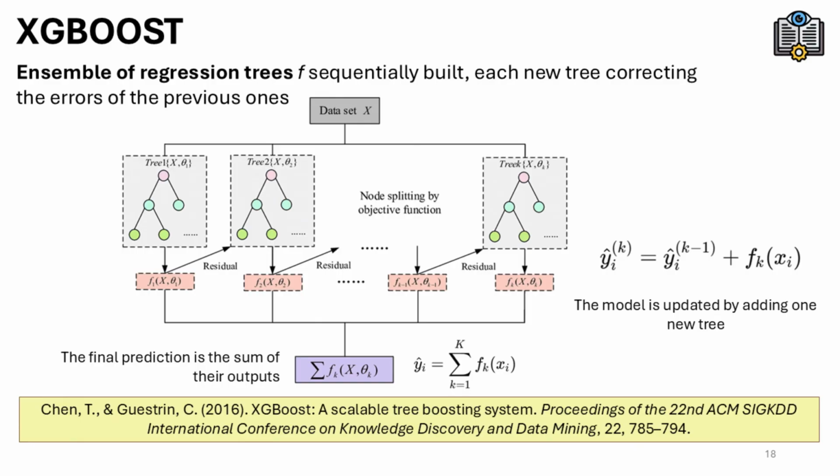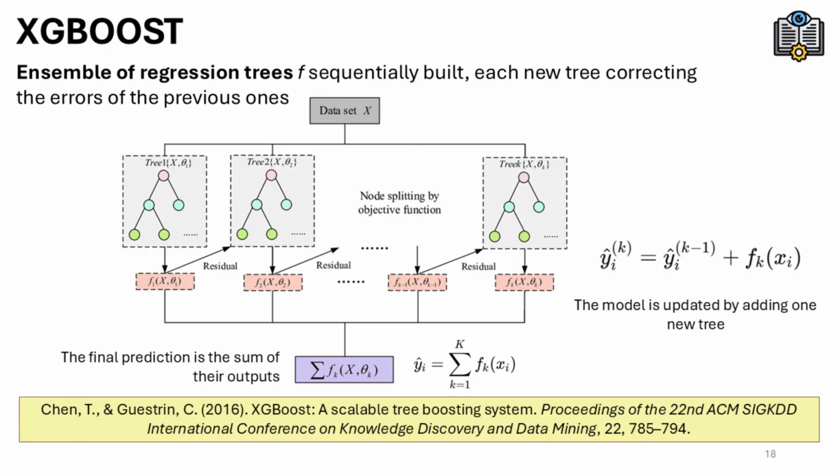This is the core of the boosting math shown on the right. Essentially, your prediction at step $k$ is the sum of all previous predictions plus a new adjustment. This iterative process allows the model to learn from its mistakes. Each new node split in the tree is determined by an objective function that balances predictive power with model simplicity